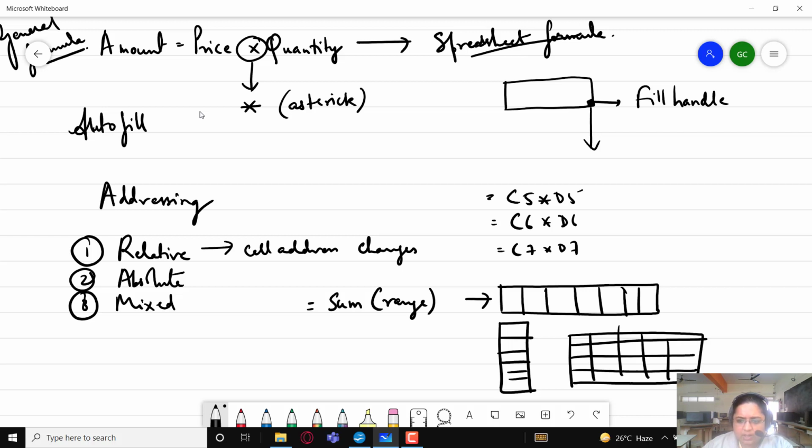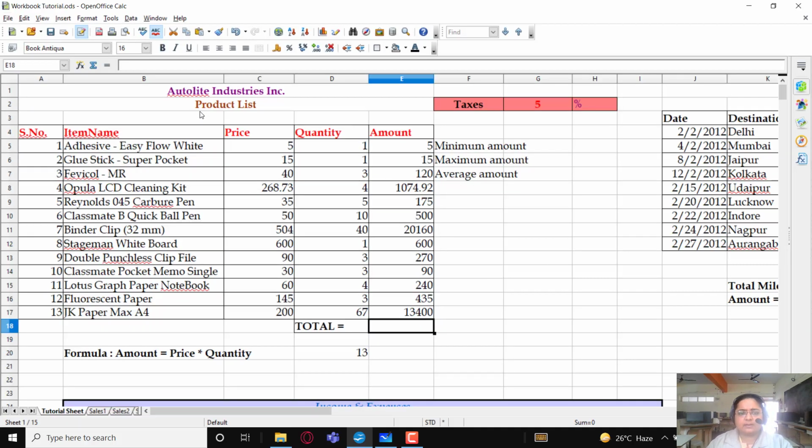including both rows and columns. So here the first cell and the last cell, they both form the complete range. Range is usually in this form: first cell colon last cell. So for sum, average, count, min, max, any type of function which we use, we will be using this range.